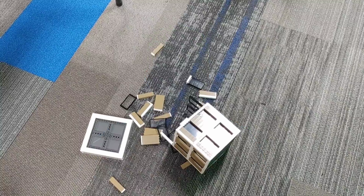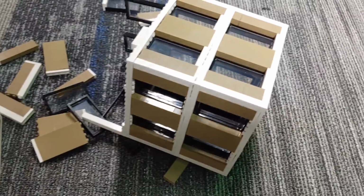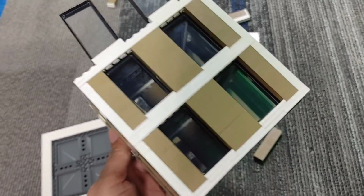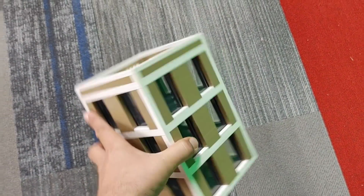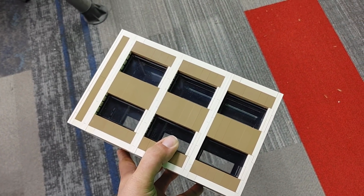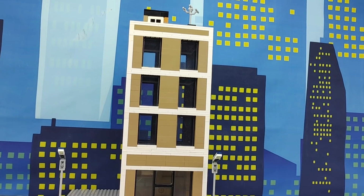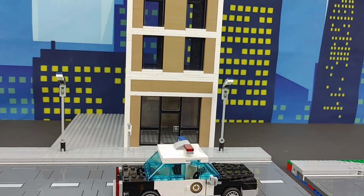that I would not be afraid to actually drop it. And even dropping it on the ground, it actually held up, in my opinion, pretty well. Like I said, it's a really good, strong method for building a building. And the best part is, with it being Lego, it goes back together really quick. So now that we've done the drop test, and I've shown you it is still pretty strong, considering when I dropped it, only one floor came apart,